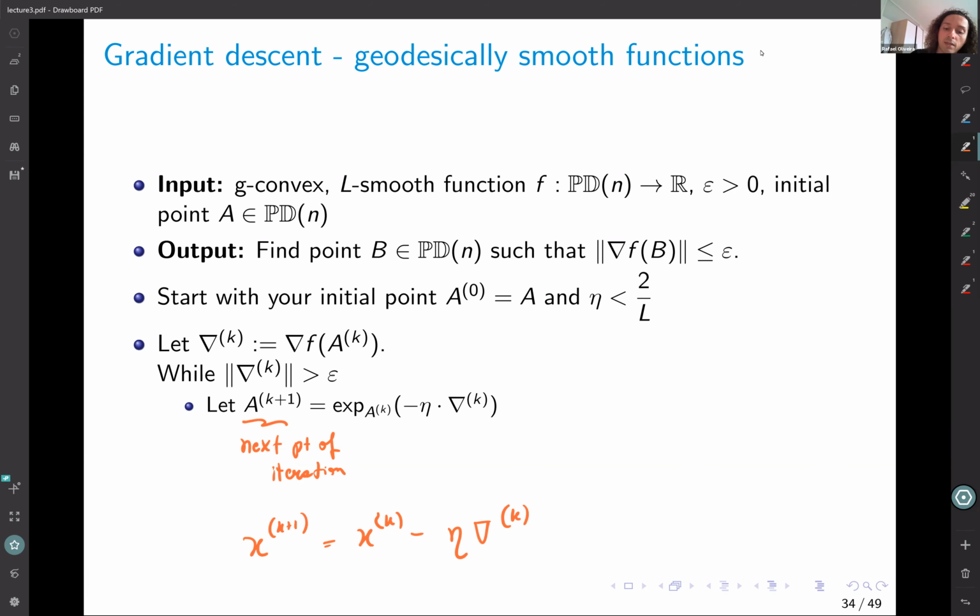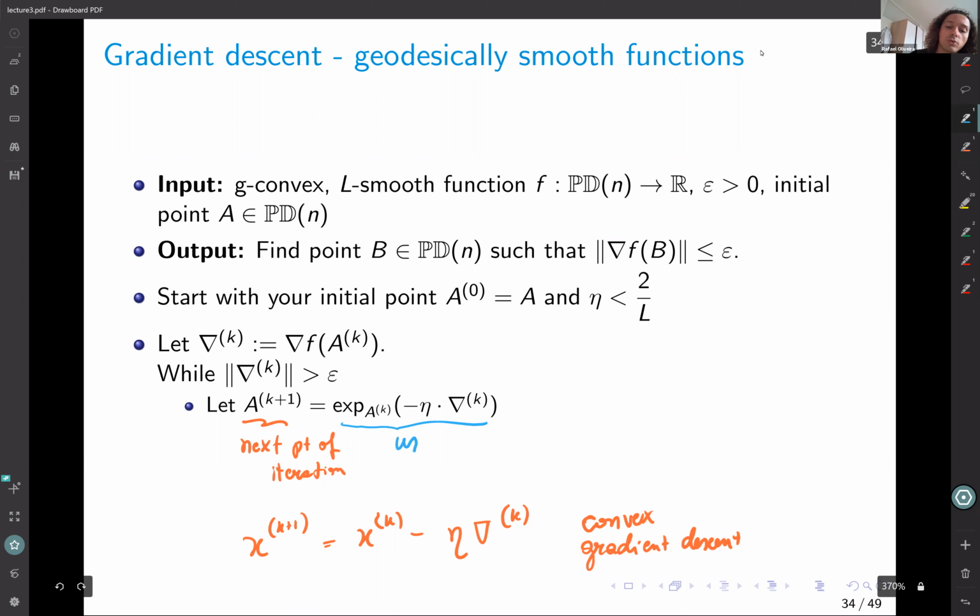This is the regular convex gradient descent. But here we cannot do that because we're in the geodesically convex setting. So how do we take the next step? For the next point of the iteration, I just use the exponential map